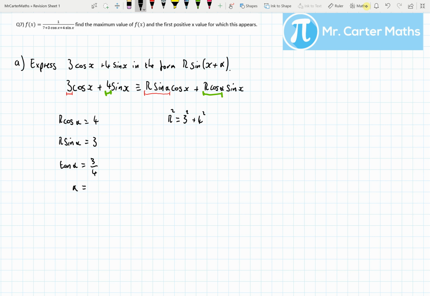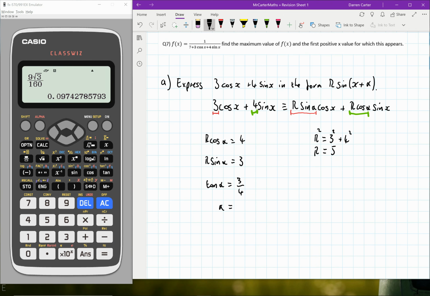You can show that by squaring all of these things and adding them together, but I would do this quickly. Hopefully we'll recognize the Pythagorean triple, and we know that r is 5. So, jump into my calculator. I want tan minus 1 of alpha. I want tan minus 1 of 3 divided by 4 to find alpha, which is equal to